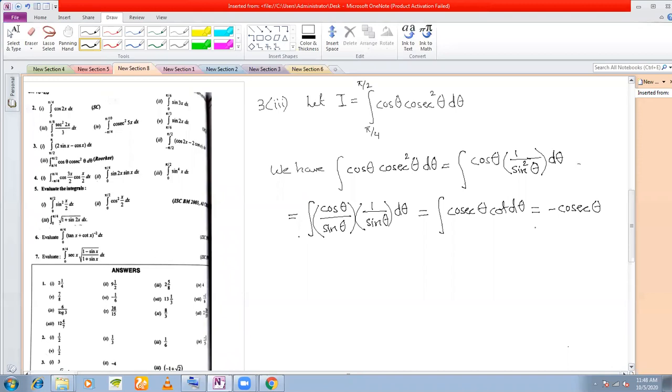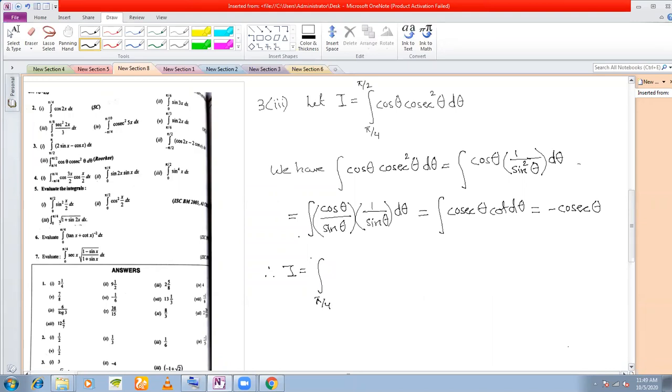Since we are evaluating it as an indefinite integral, we will not write the constant of integration, or if you want, you can write it also. Ultimately, it will cancel, so whether you write it or not, it's the same thing. So therefore we get